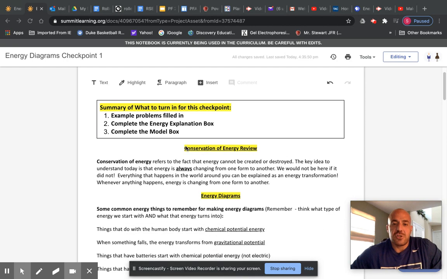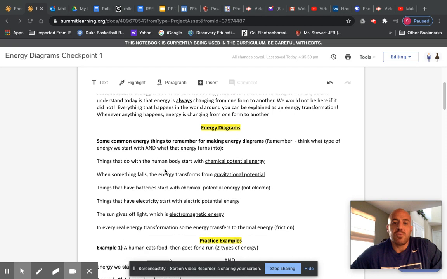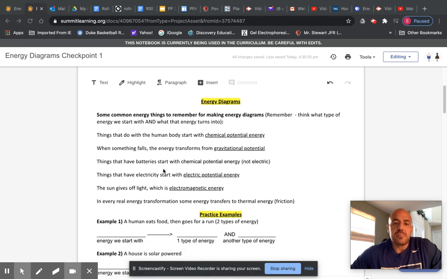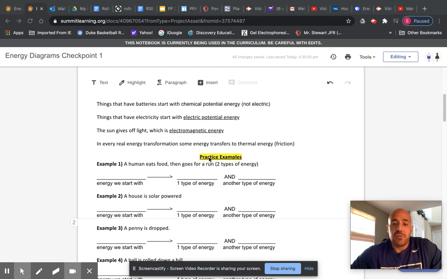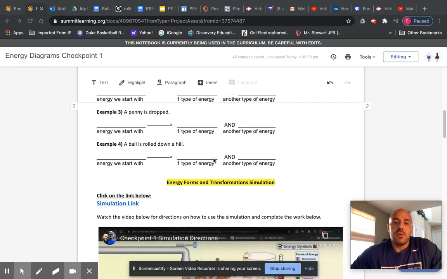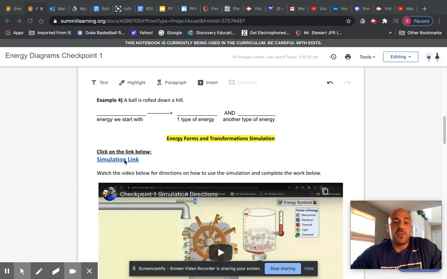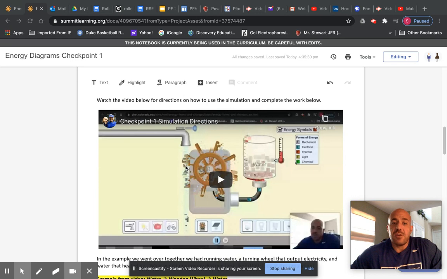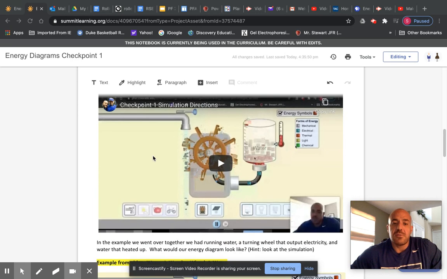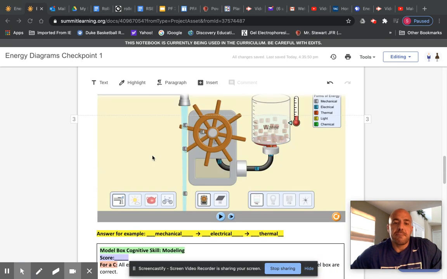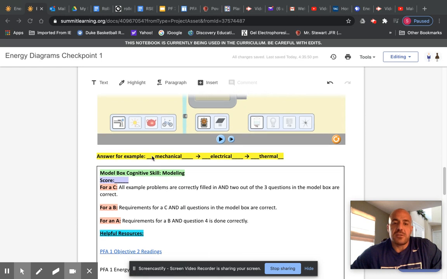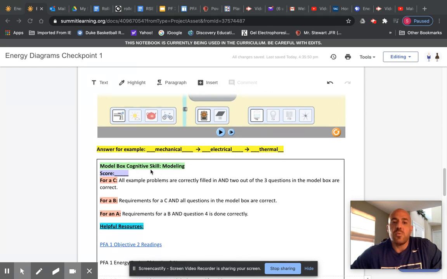Sometimes, like this first checkpoint, there'll be some background stuff to read. Sometimes there might be some practice examples. If it's practice, we will do it together and go over it, so we'll make sure you understand it. There may be some links to different things, like a simulation here. There may be some videos explaining how to do certain things. But these boxes are kind of the key to telling you what to do and how to get good grades